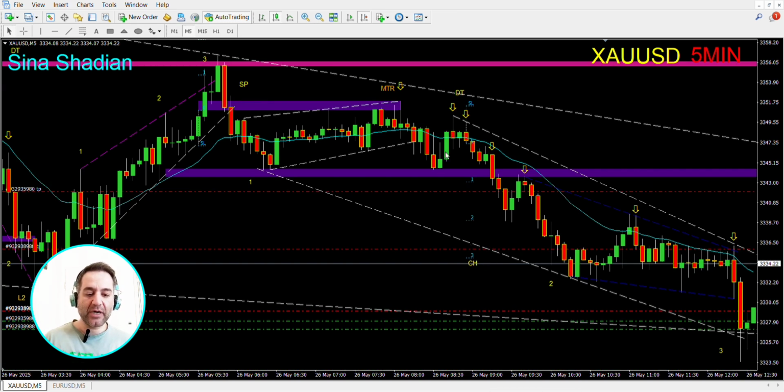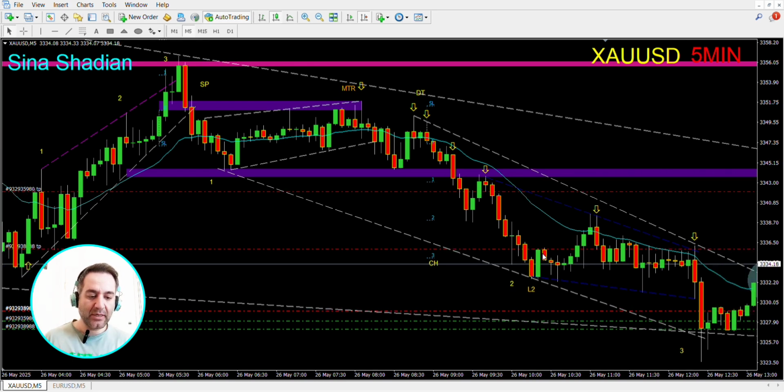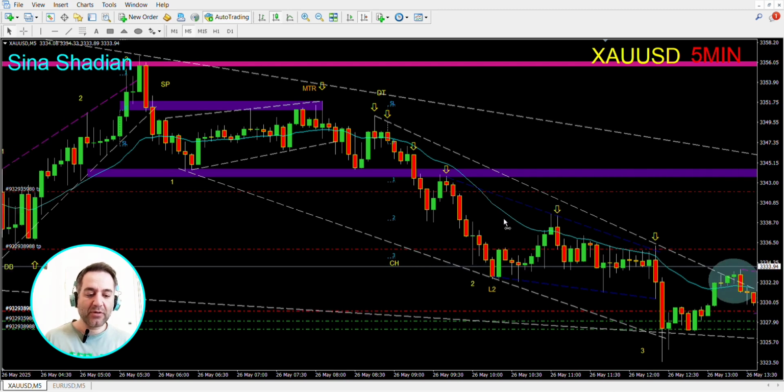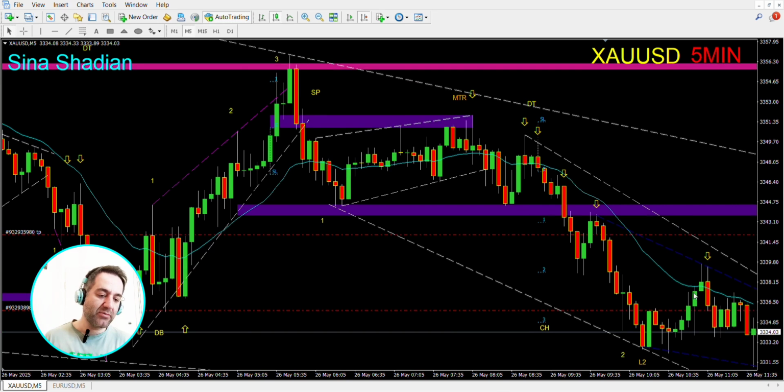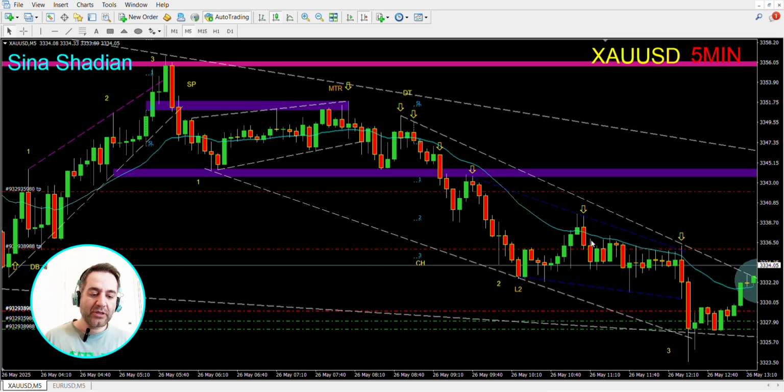So after this breakout, if I consider this the first leg, this could also be the second leg. So the first leg down, the second leg down, then the market creates an ABC correction to the upside, to the moving average. But at this point of time, I see the market is in a downtrend. At the moving average, after creating such a beautiful bearish candle, you could have taken your sell stop